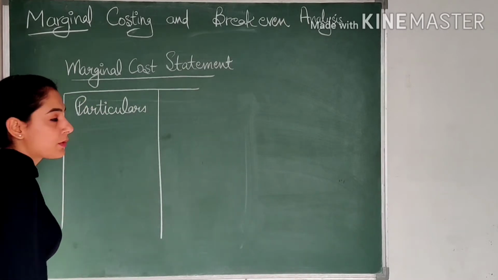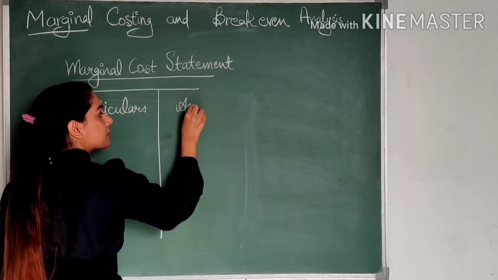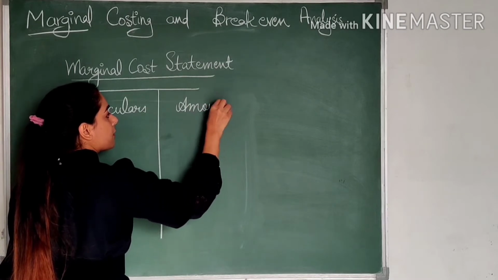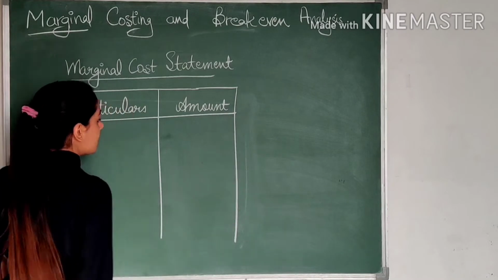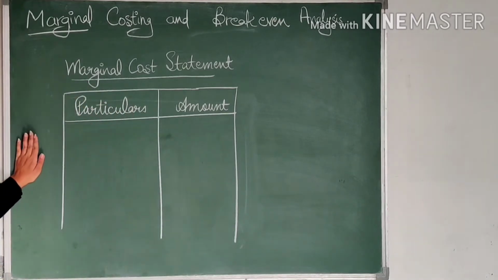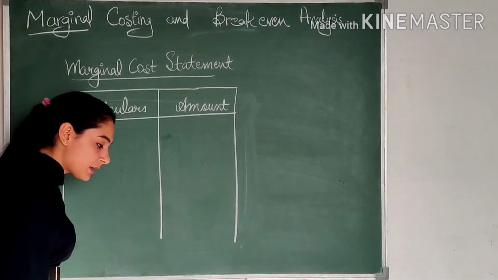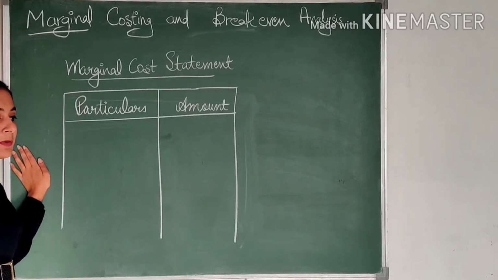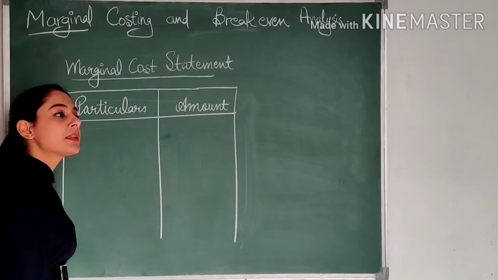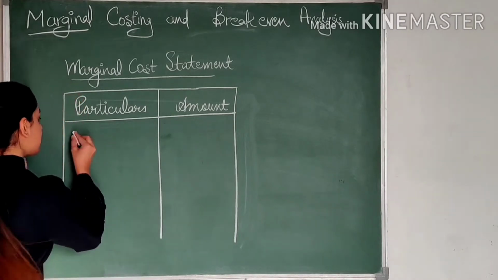First part is particulars and the second part is amount. So while starting, first of all, there are things which are obviously mentioned in the questions, and there will be things which you have to calculate. The things which are mentioned will be